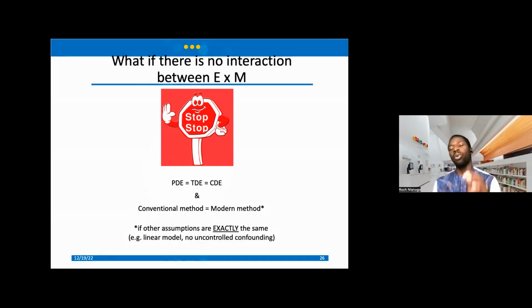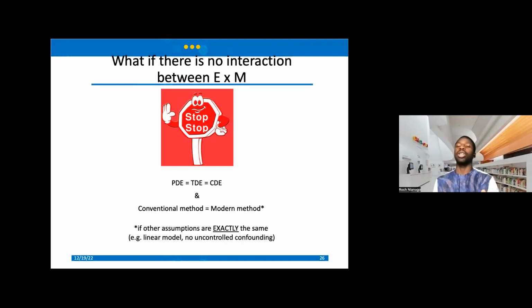But there's a question you sometimes hear, which is: how do I know that there was an interaction? Well, in a lot of cases, your data won't be able to tell you. You can always test for it, but as you know, you may not have sufficient power to detect an interaction. You may be able to detect it if you have sufficient power, but if you don't find it, maybe it's just because you didn't have enough power.